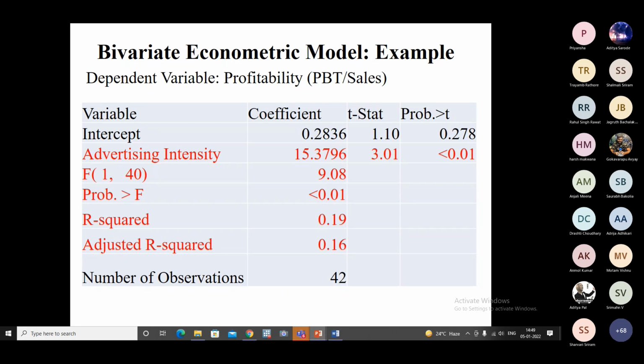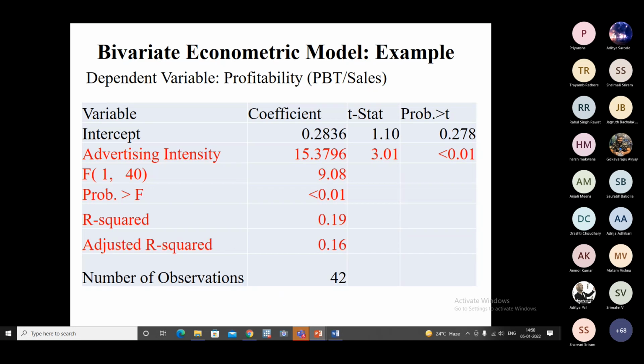But again, in many cases, we may have certain constraints like, say, data limitations. We may not be in a position to measure a variable the way it should be. Then we use basically the closest proxy. Like if I measure profitability,